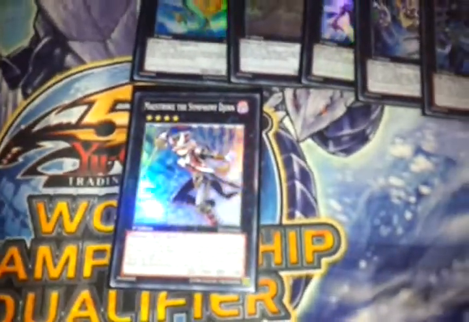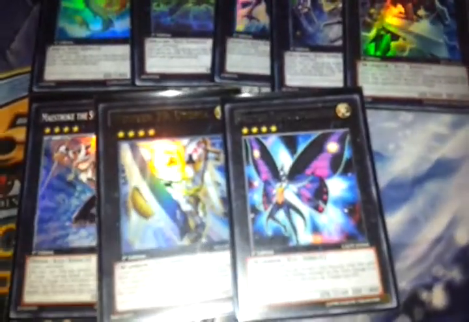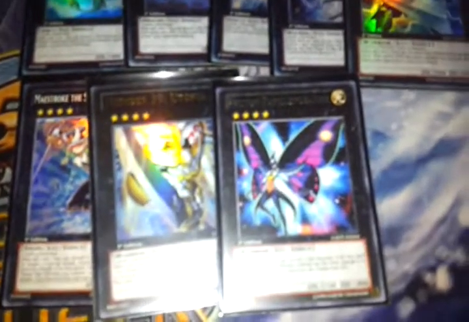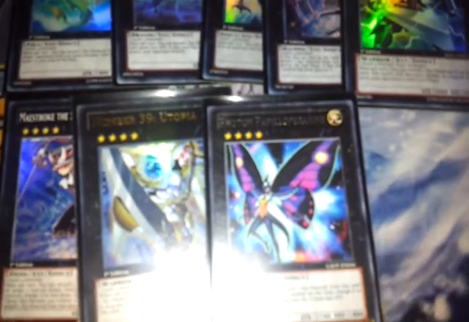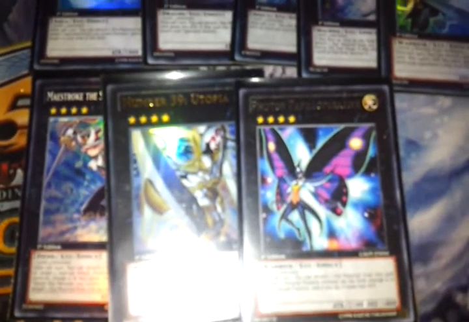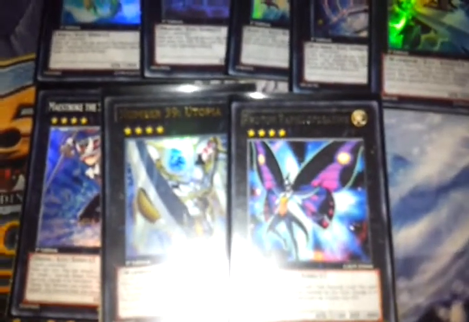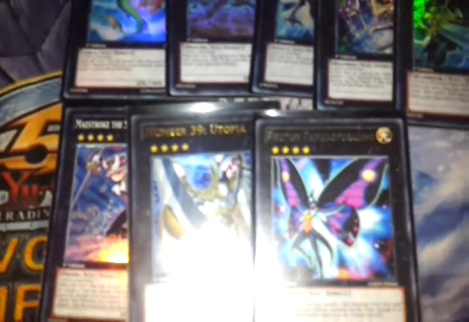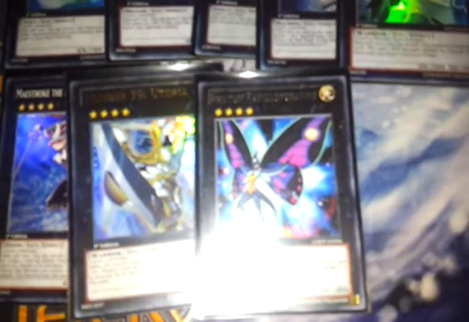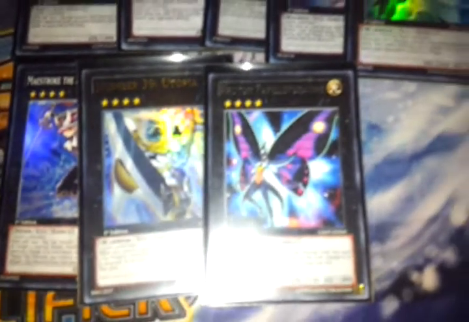Maestro the Symphony Djinn, Number 39 Utopia, and 1 Photon Papilloperative. Really good cards, especially Photon Papilloperative, good to get rid of cards like Spirit Reaper, Arcana Force 0 - The Fool, basically to force all those defenses into attack and to get over it. Even if they summon Gauze in defense mode, you can use this to switch it to attack and basically force a tie, which is good because it's very hard for Level 4s to get around Gauze, and Photon Papilloperative